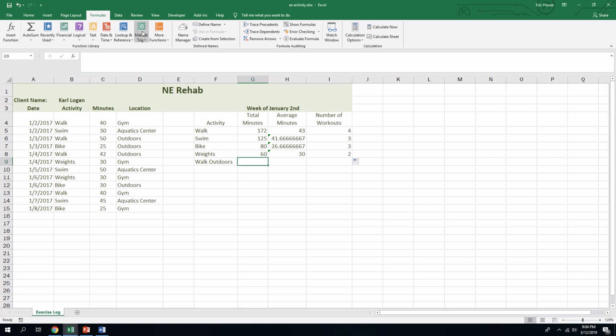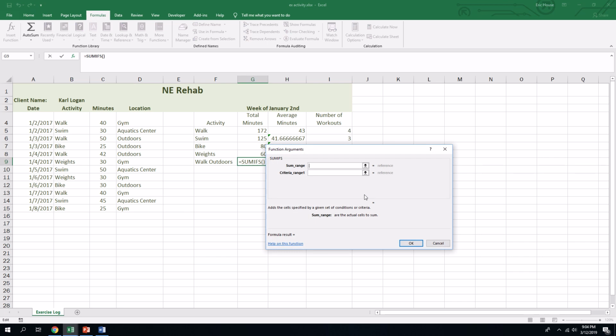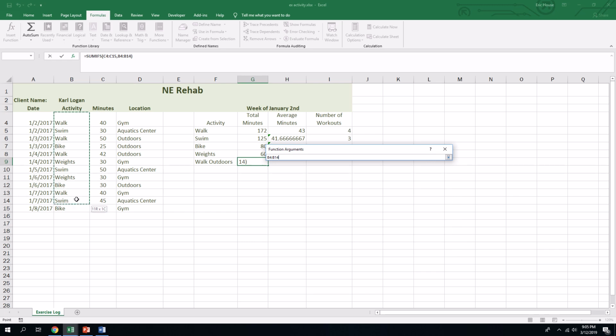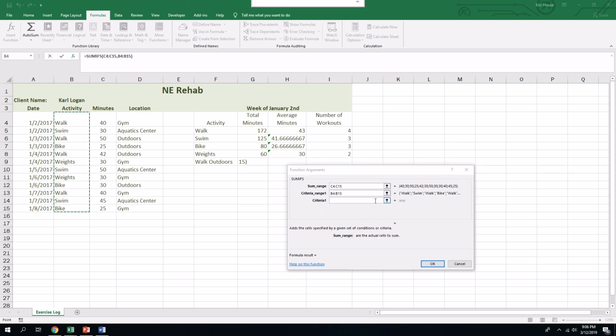We'll find that SUMIFS in math and trig. And the sum range where we're going to add is going to be these minutes. The criteria range is going to be here in B4 to B15 because that's the first criteria. When we're putting in this criteria, we talked about this a little bit where we're using text as part of our function, so we need to go ahead and put it in quotes. So I need to grab the word walk out of this range, so I'm going to put it in quote